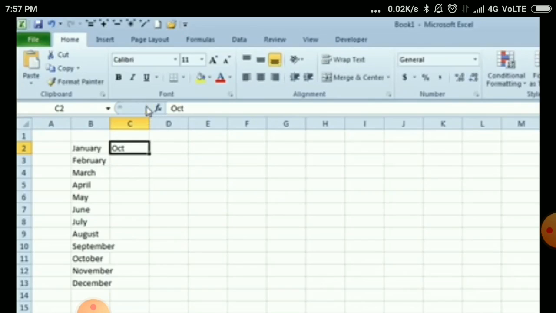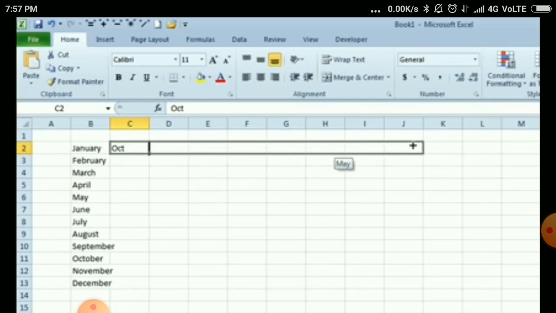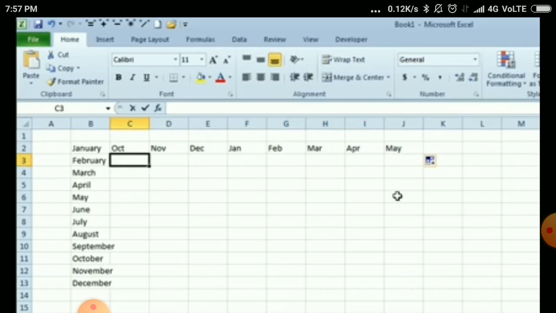Like I'm writing OCT, which is the shortcut for October, and then I press enter. Same process, I'm dragging the fill handle in the horizontal direction, and you can see the series of month names is coming, October, November, and so on, up to May. In the same manner, I can write MON, which is the shortcut for Monday, and press enter.